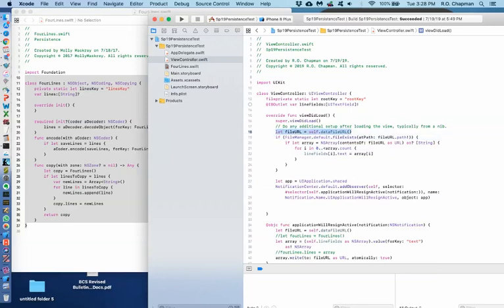So we get the URL the same way. We see if the file exists in the documents directory the same way. And we do the encoding the same way. What we're going to do differently